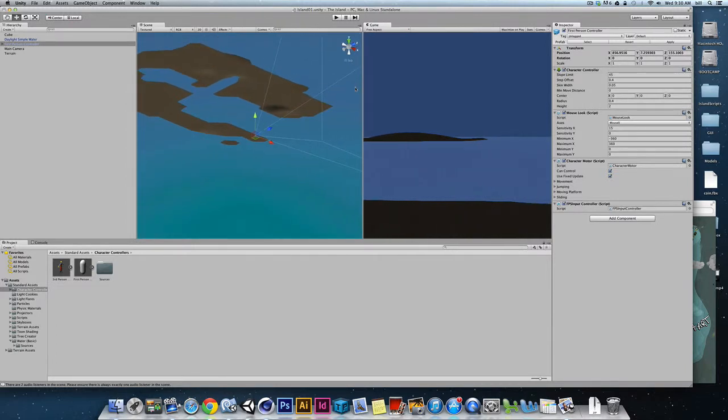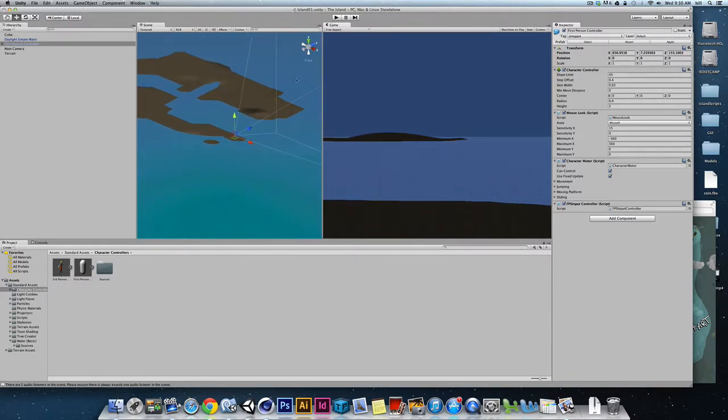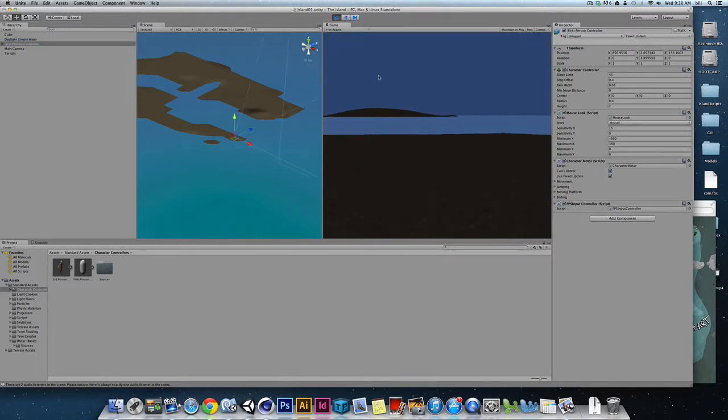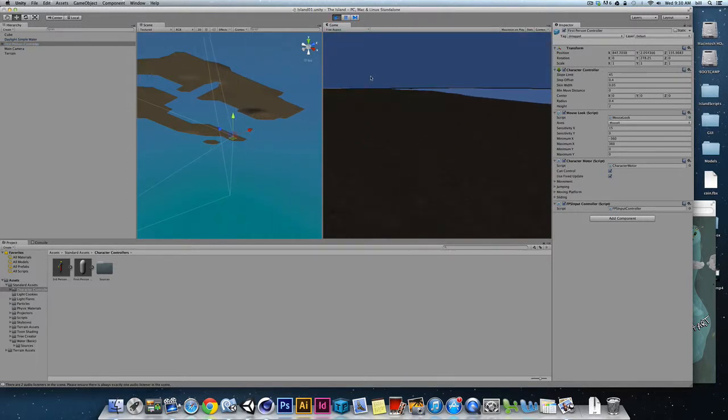And just for a short bit, I'll look at this through a split view. So I have my scene view over here, and I have my game view over here. And what this will allow me to do is when I hit the play button, so I'm looking through my scene, and of course over on the left side of the window, I can see what my scene view is. And so the reason I'm doing this is because I get a much better sense of what the scale is